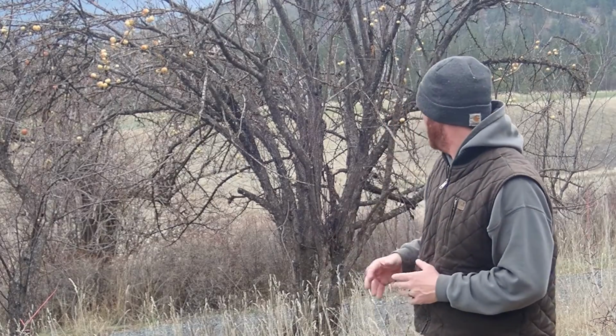These are trees that I started pruning back about 3 or 4 years ago, and before I started working on these trees, you couldn't even walk below a lot of them. They were just overgrown. According to a lot of the locals, these orchards that I'm standing in were over 60 years old, and they hadn't been touched in probably that long. This used to be just an old cattle pasture since it was last homesteaded, and nobody ever maintained these trees, and so I've been coming in on this property for the last 4 years and working on these trees in